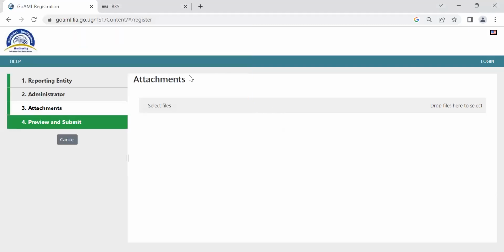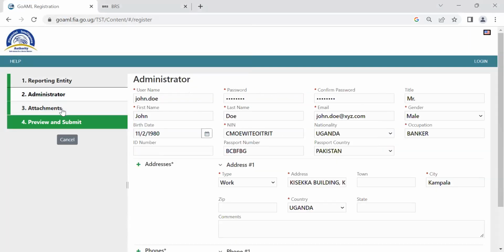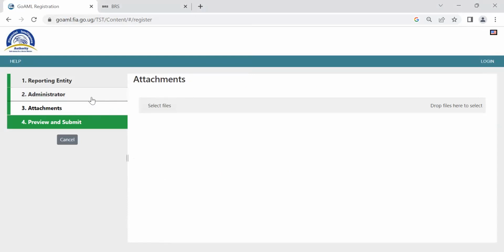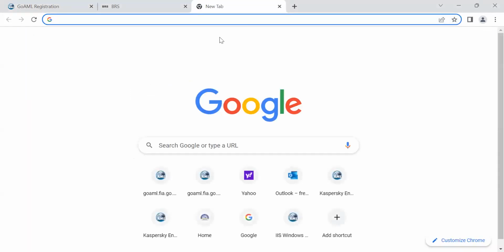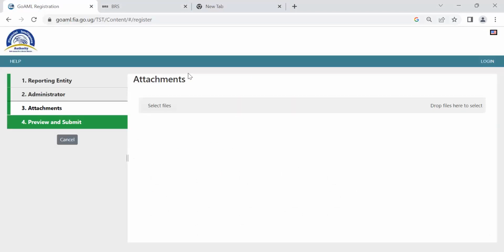Let me see, there's a question here. Those whom we have lost up to this stage have to clarify where they got lost, completely from the reporting entity administrator, because we are now at the tail end. You need to tell us at what stage we left you. For the attachments, it means we have to scan and attach? Yes, but for this session, you're not going to attach anything. I just wanted to show you how it's done.